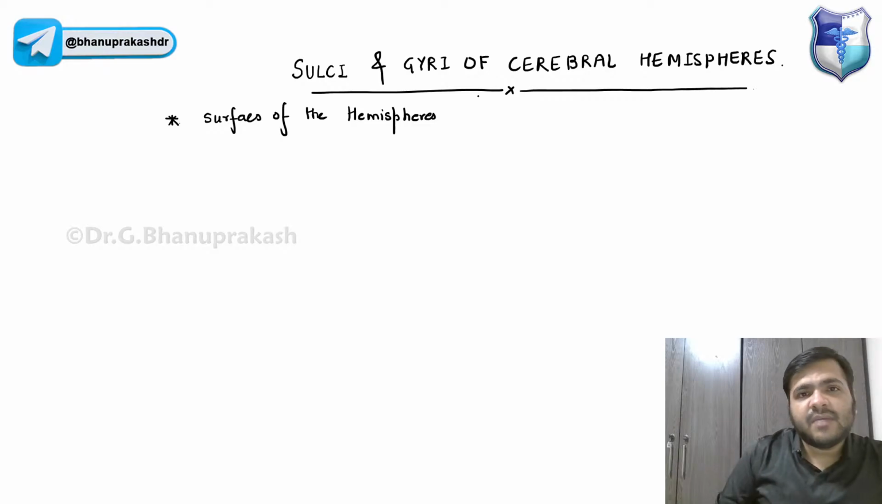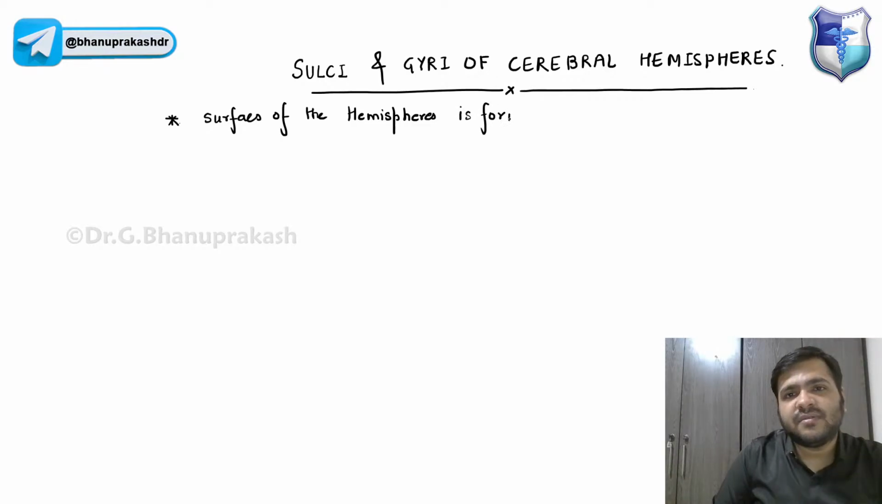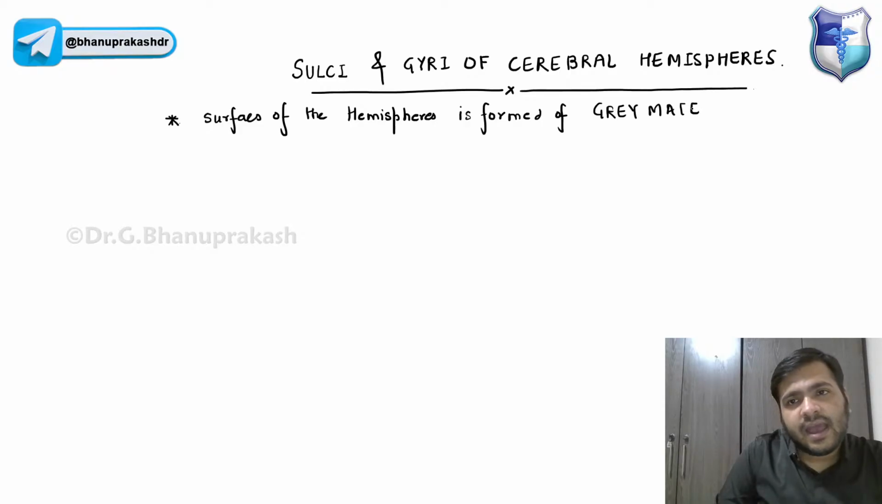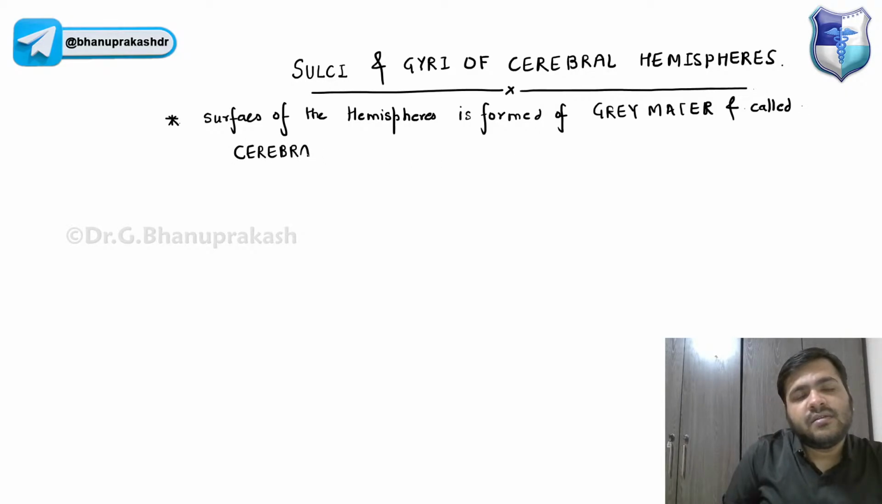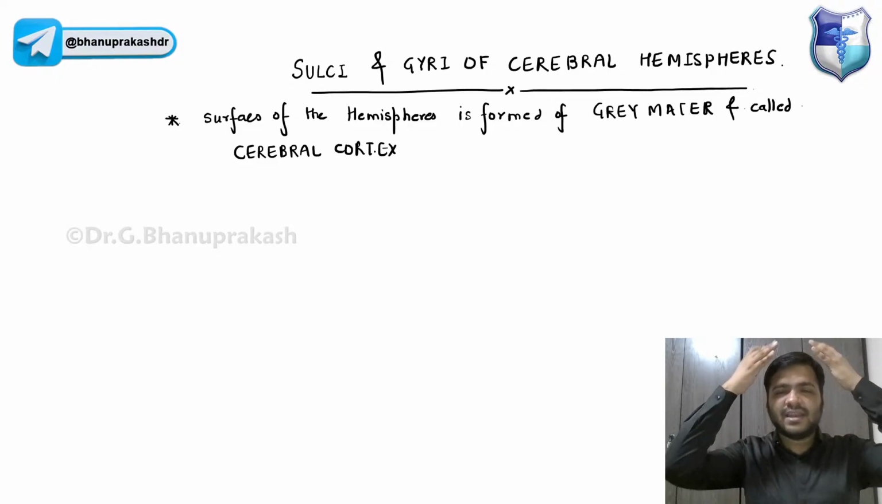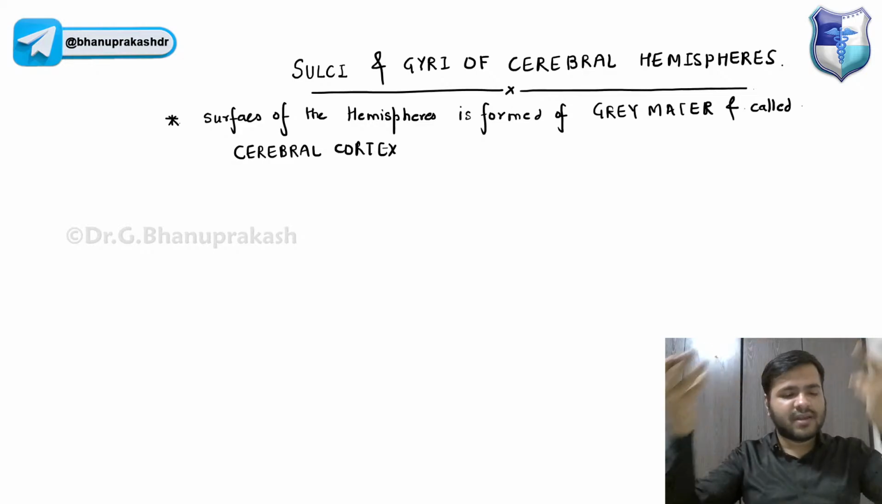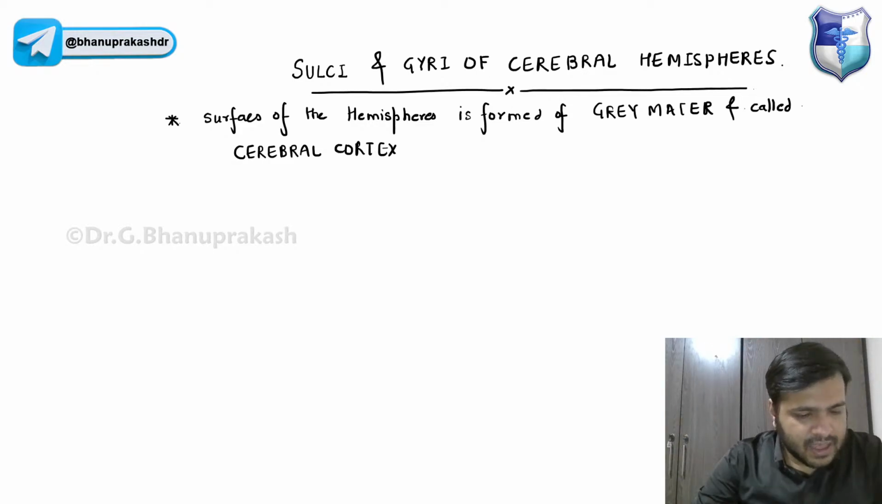Yes, the surface of the hemispheres, it is formed of, ये जो ऊपर वाली surface होती है cerebral hemispheres की, it is formed of gray matter, right? And it is called the cerebral cortex. बाहर वाला हमेशा कॉर्टेक्स ही होता है, तो अब हम बाहर वाले की लेयर की बात करें, इट इज फॉर्म्ड ऑफ ग्रे मैटर और बाहर वाला लेयर है तो कॉर्टेक्स ही होगा. ठीक है, नाउ ईच